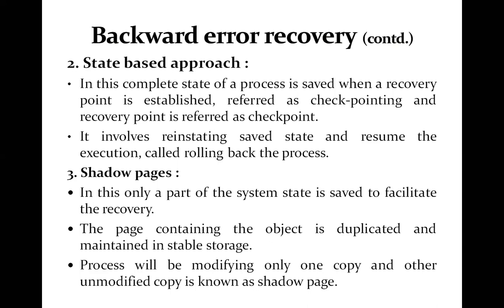So in the case of shadow pages, whenever a process makes any update, instead of storing that updated information on both storage devices, we modify it in only one storage device, that is the stable storage device. If the process fails before the commit, then the stable storage device content is discarded, and the unmodified copy available in the secondary storage is considered. But if it has already committed and then fails, only in that case the shadow page is discarded, and the modified page which has been updated in the stable storage device becomes part of the database.